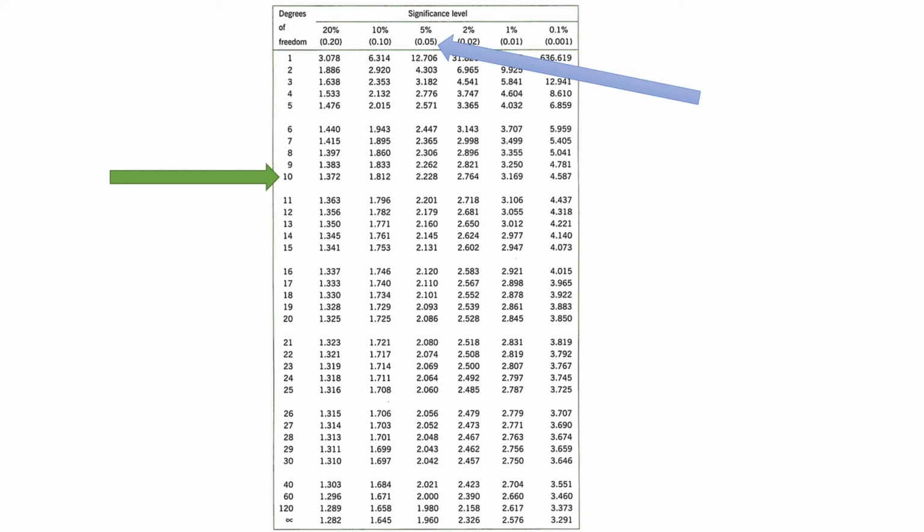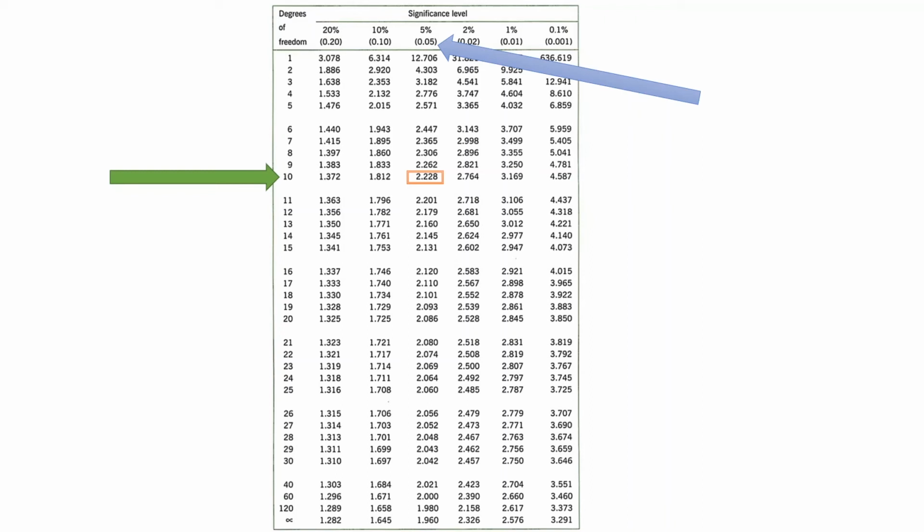The second thing is the significance level, for a 95% confidence interval. A 95% confidence level assumes 1 minus alpha, so the significance level alpha is 0.05, and that is divided into alpha by 2 and alpha by 2, which is 0.025, 0.025. So you have to check from the left side and also from the significance level, and you select the value. The value that I am getting for the t statistic, t subscript alpha by 2, is 2.228. So that is my value.